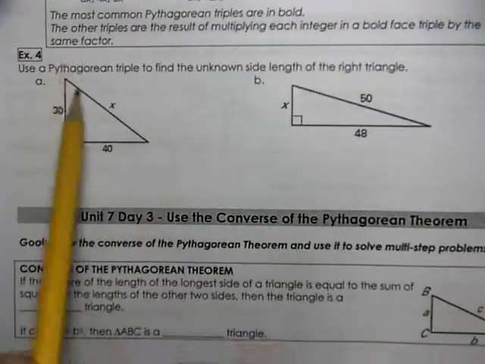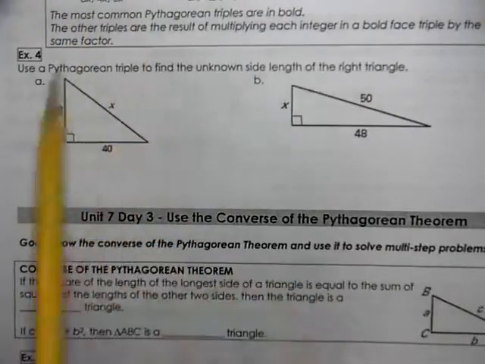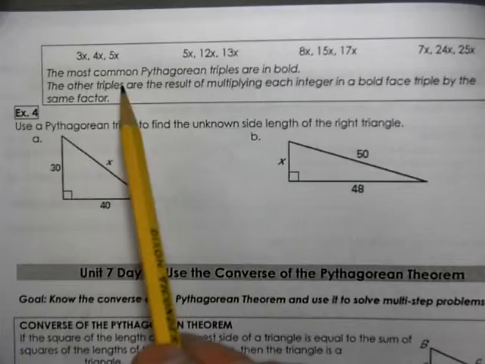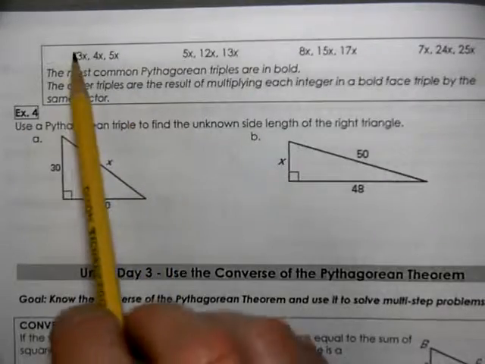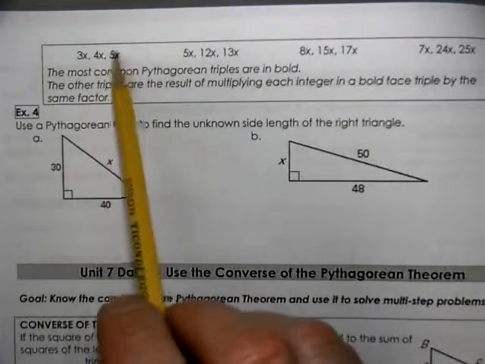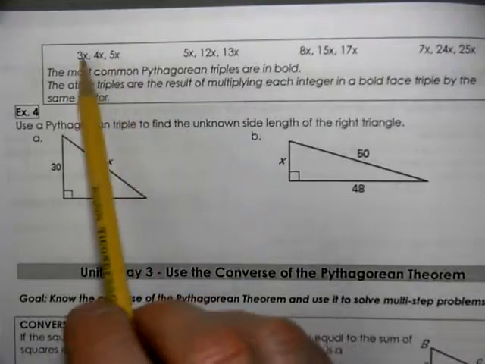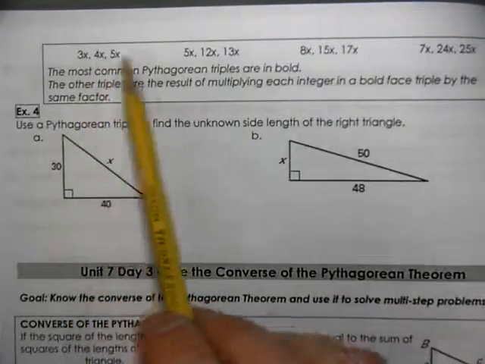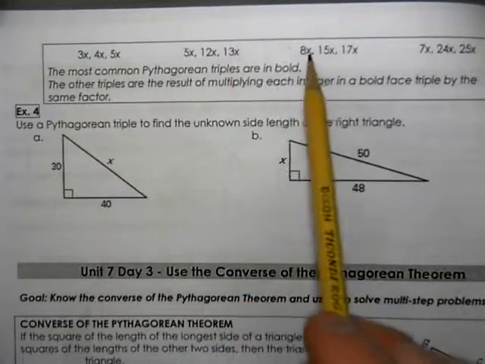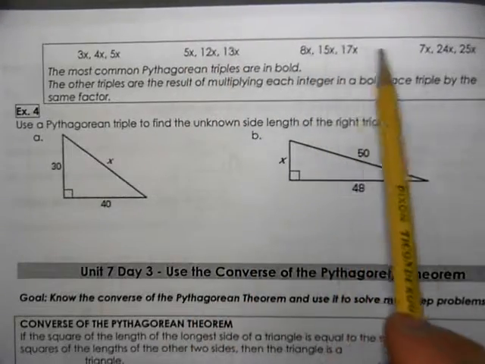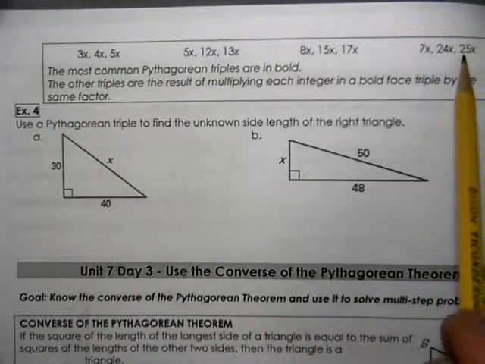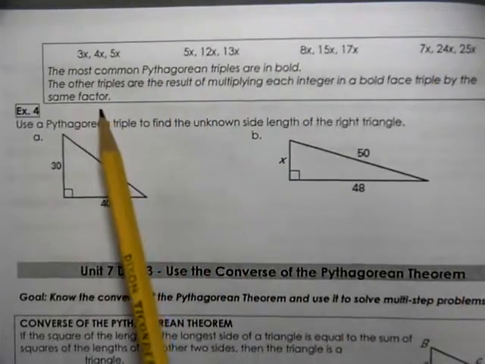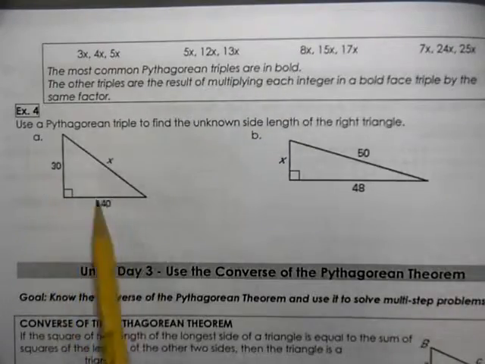On the next slide, we're looking at this box, and the box is really the bottom of the other slide, that the 3x, 4x, and 5x are the ratios that we're multiplying this common number to find out other Pythagorean triples. The 5, 12, 13, 8, 15, 17, and also the 7, 24, 25. Those are the common ones you need to be aware of. So when we look at this problem,